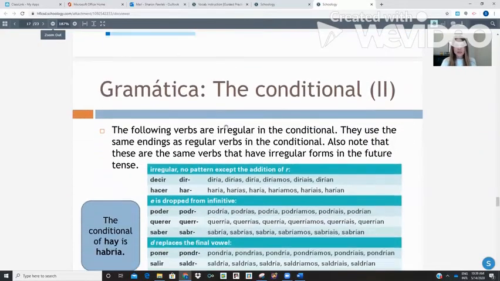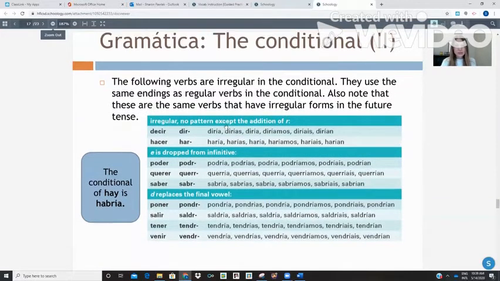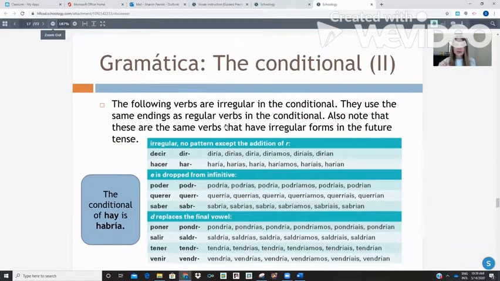What about los irregulares? Well, the conditional does have irregular verbs, and they are the exact same irregular stem as the future. So if you felt pretty comfortable with the future irregulars like decir, dir, har, podr, querr, sabr, where you take those vowels out of your verbs, you're simply going to add the new ending, ía, ías, ía, íamos, ían, and now you have the conditional. So if I wanted to say to you, would you tell the truth? I would say, ¿dirías la verdad? Sí, señora, yo diría la verdad.